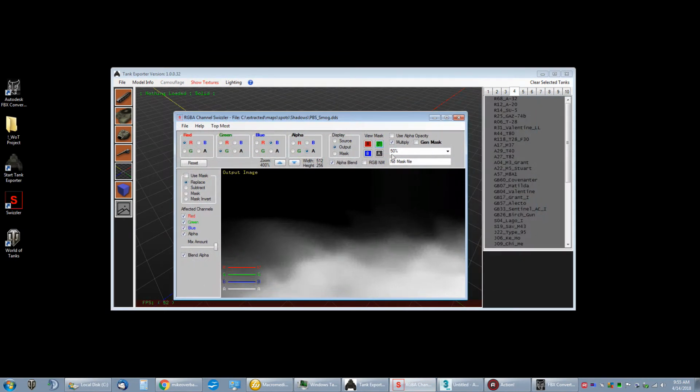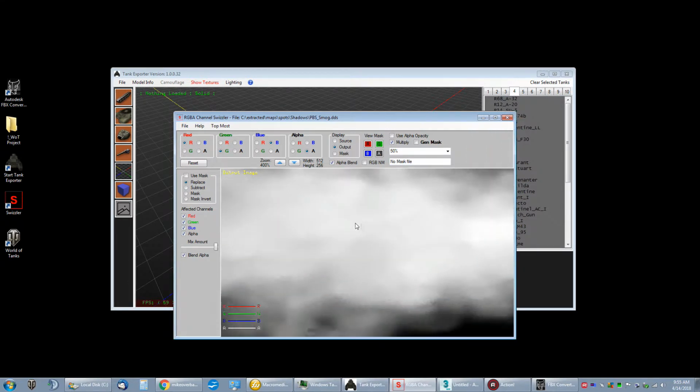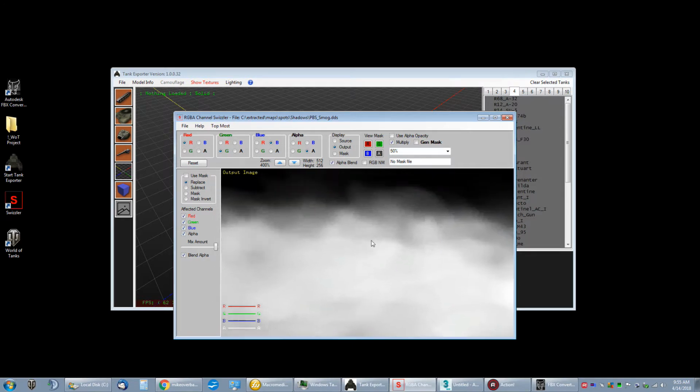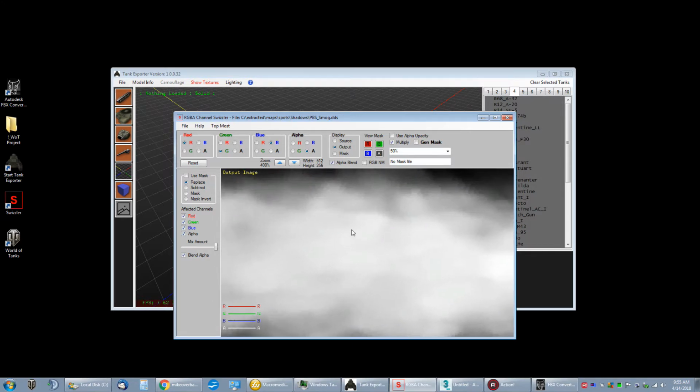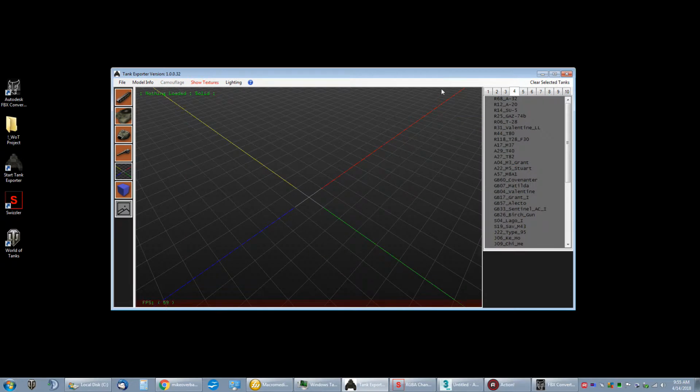This is Swizzler. This is a program we're going to be using to work with the DDS files that are used to texture the models in World of Tanks. You're going to want to definitely get this because this is a very good tool for helping work with this stuff. Okay, so to get started here,